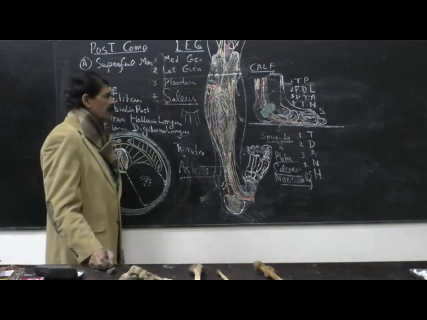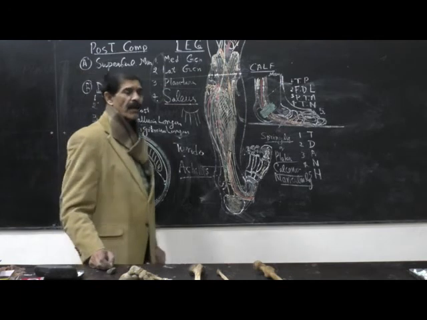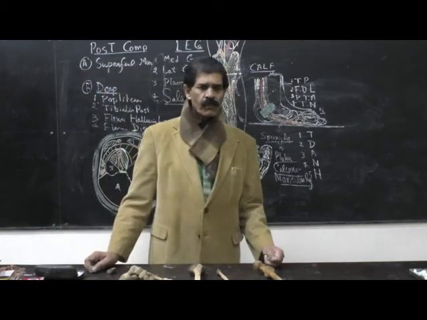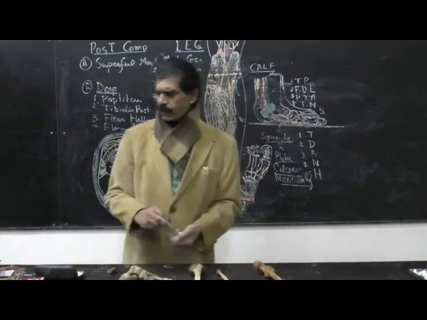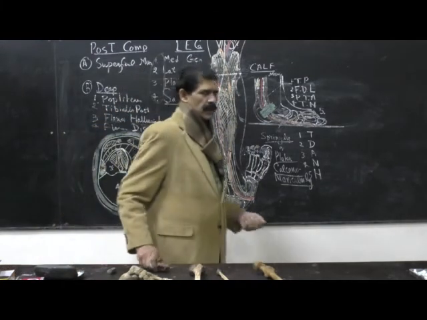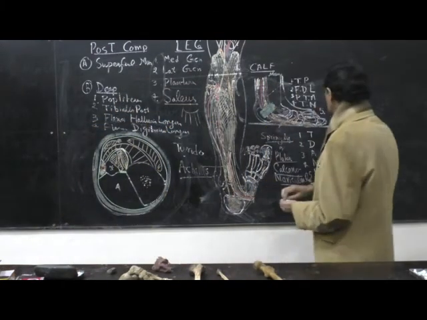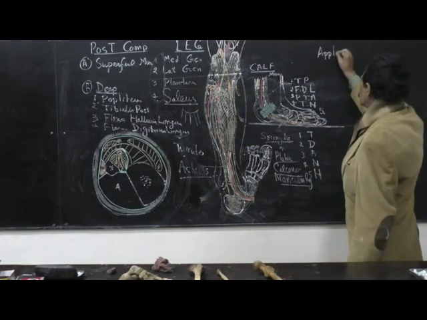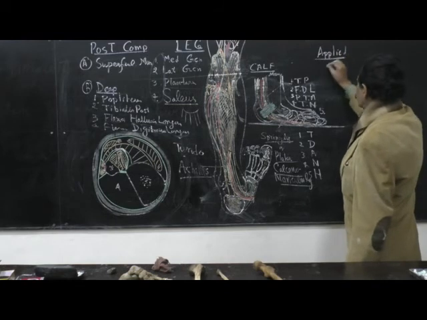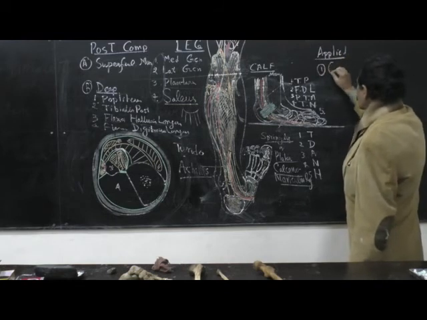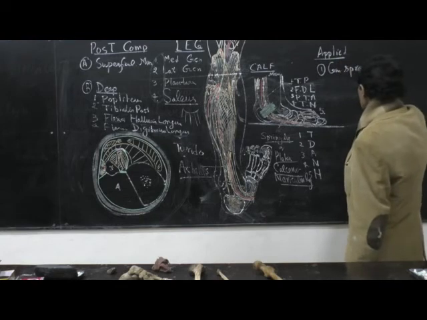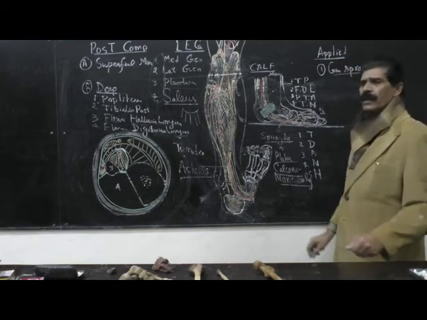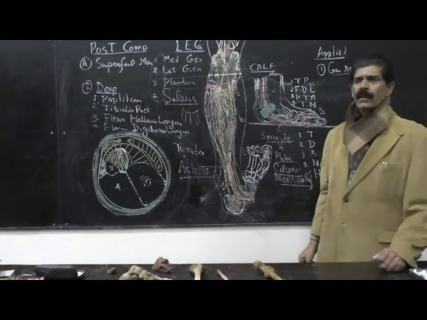So this is how we do the posterior compartment. The last part we have to touch is the applied anatomy of the posterior compartment. Number 1 is the gastrocnemius sprain. Again it is a sports injury, occurring in hockey, football or rugby matches,